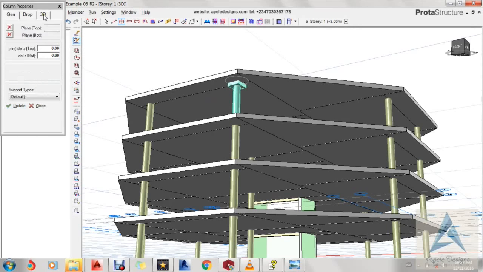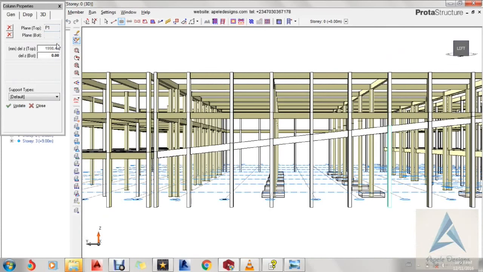Then we'll come to 3D. Let's change illustration. This is where we reset the plane definition. You can reset the plane definition at the top and the plane definition at the bottom. This structure has a slanting slab. It was created by plane definition here, and it has forced the columns which are linked to it to align to the plane definition. In case we want to detach this column from the plane definition, we'll reset top